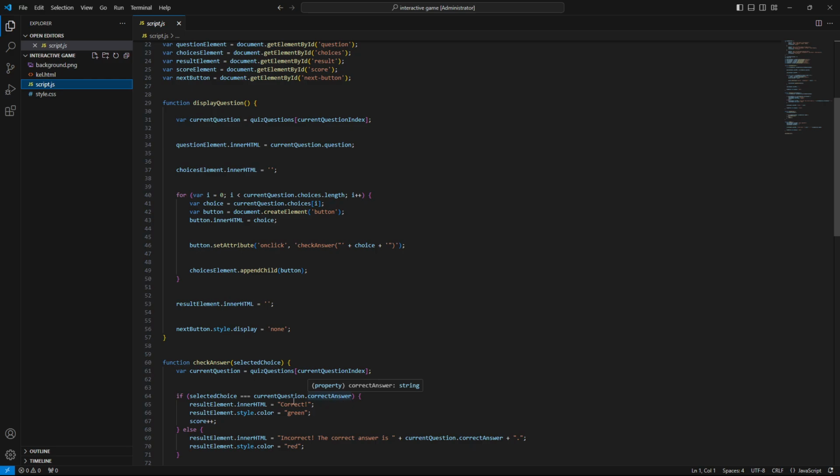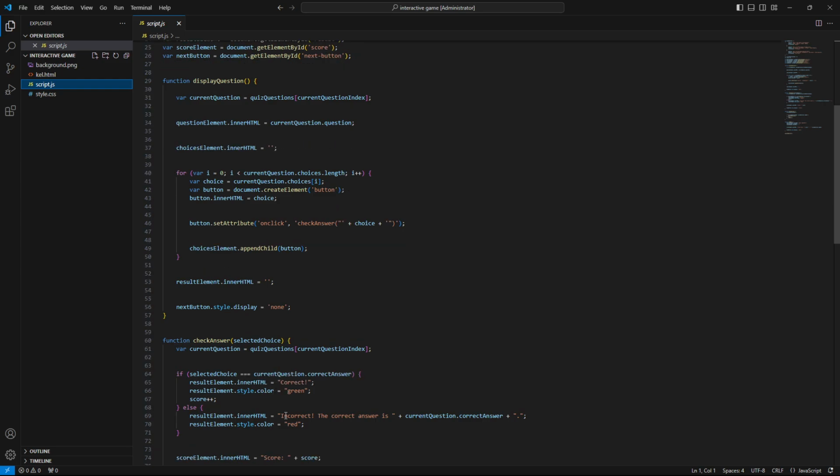If the result is the correct answer, it will turn green. And else, if it is not the answer, I made this to incorrect.